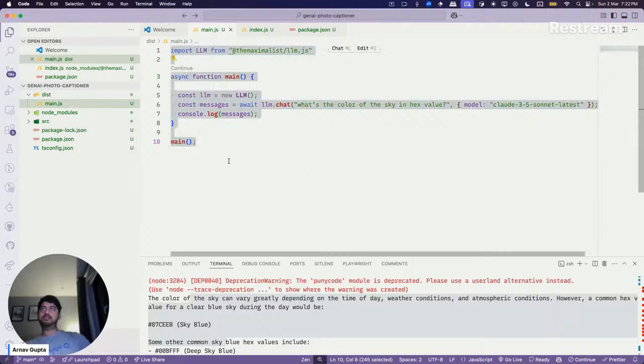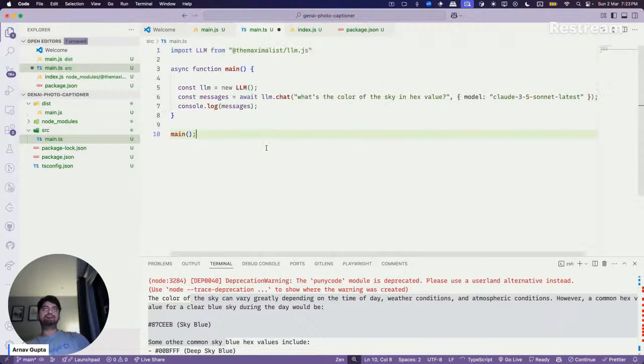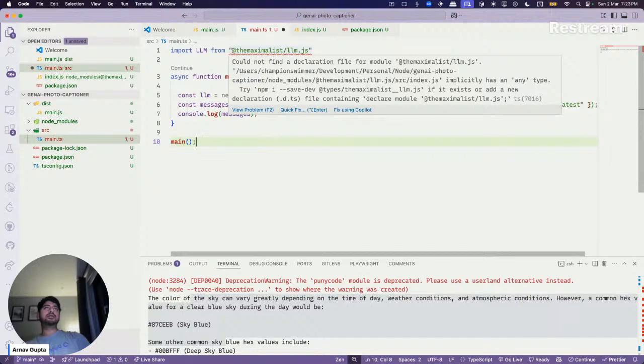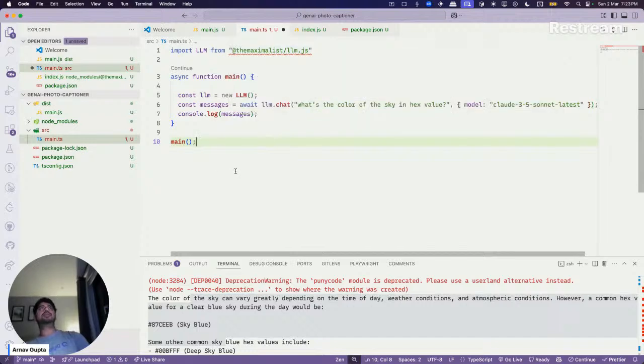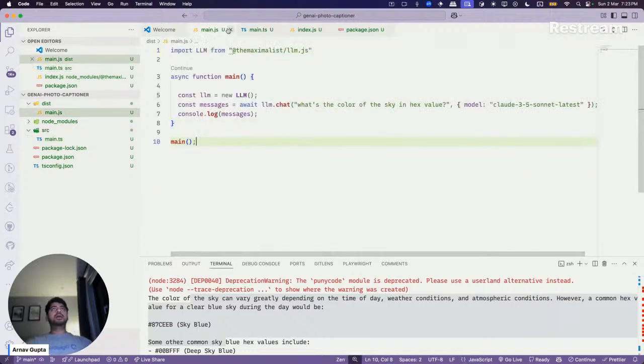If this is the way it works, why does it not work with this? Oh, that's just because the declaration does not exist. Okay, anyway, I will write it in JS, that's fine. We can let that be for a moment.